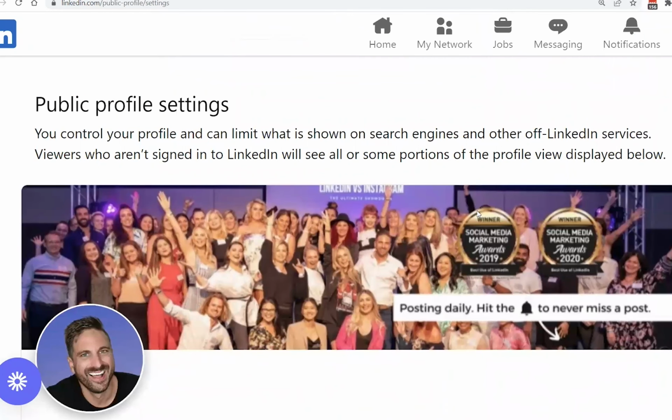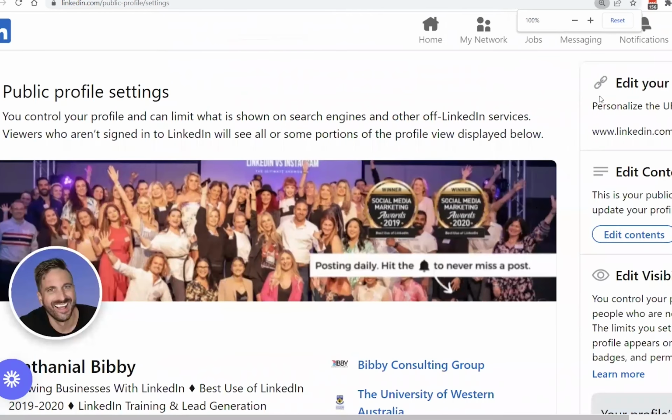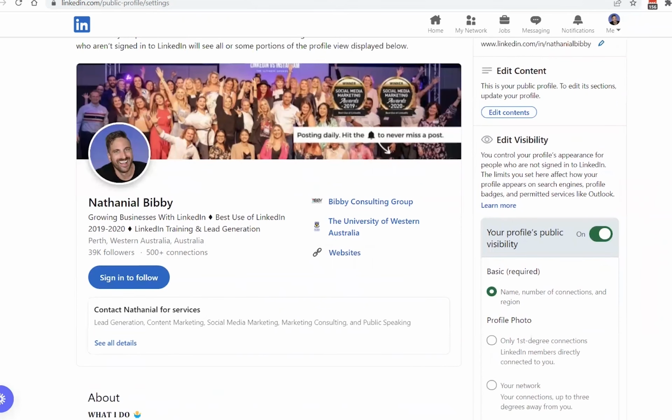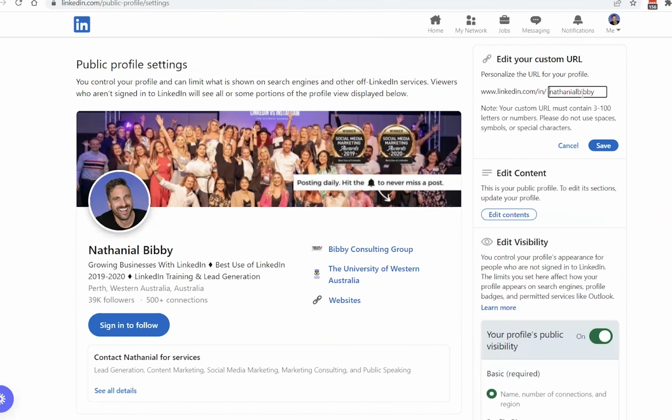So if you haven't customized this yet, what you might see is linkedin.com/in/ and then your name followed by a bunch of numbers and letters that don't really mean anything. What you want to do is customize this. So what I've done is I've made it LinkedIn /in/ Nathaniel Bibby, which tells Google,